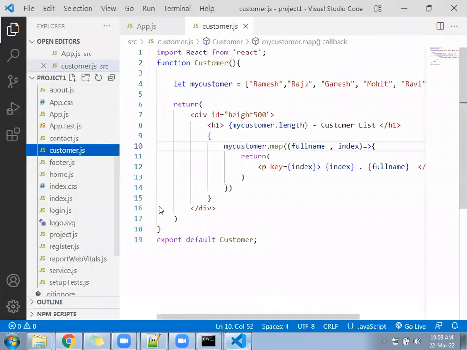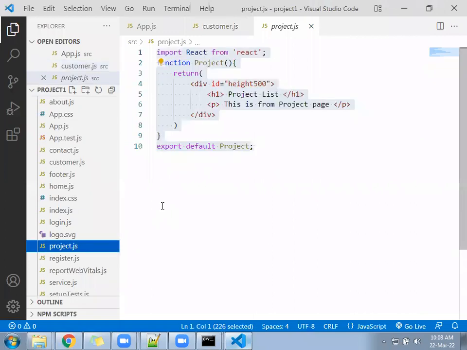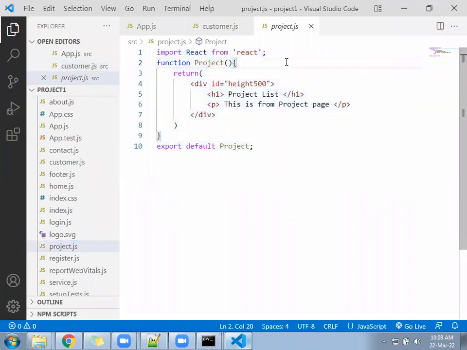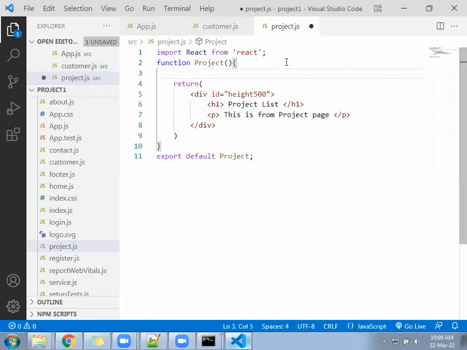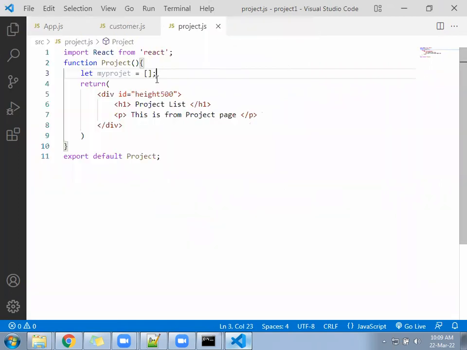That is called project.js. Under the project.js, create an array again. Let my project equal to, we need to add something here, some website names. Okay,